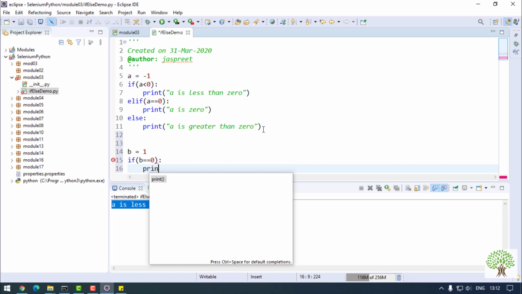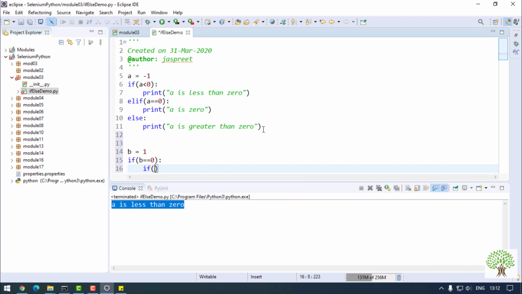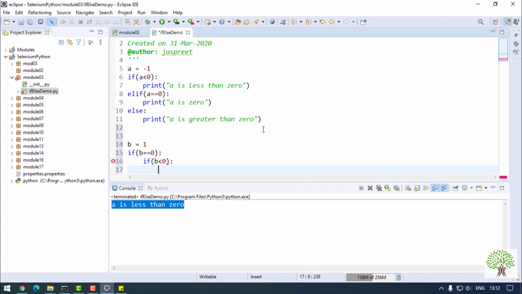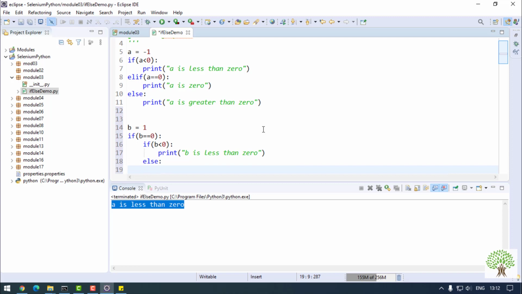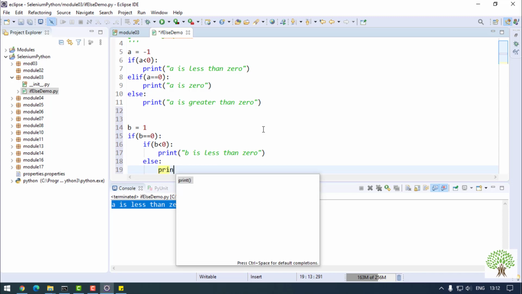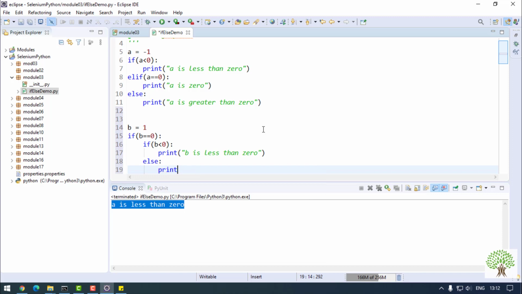then after it, check whether my b is not less than 0. Okay, if it's less than 0, then print b is less than 0. Okay, or otherwise in the else part you can say print, still we are evaluating, so I'll say evaluating. Just a minute, evaluating. Okay,